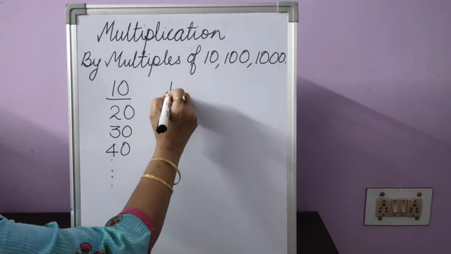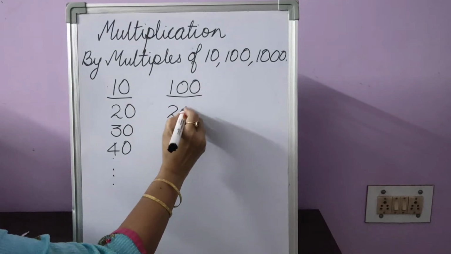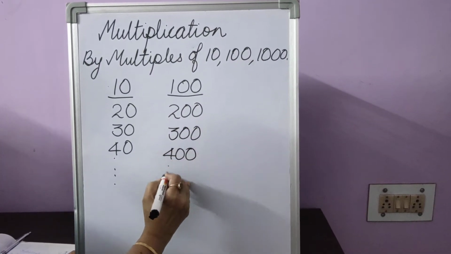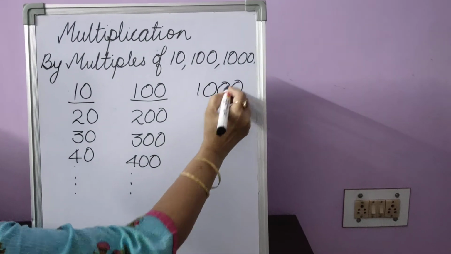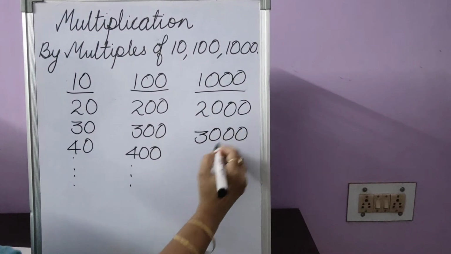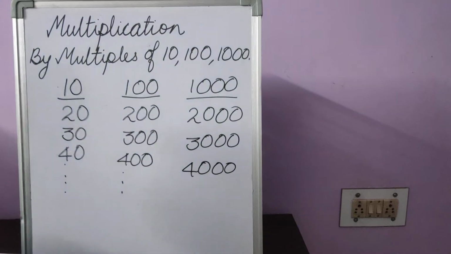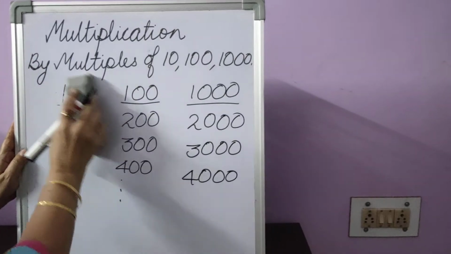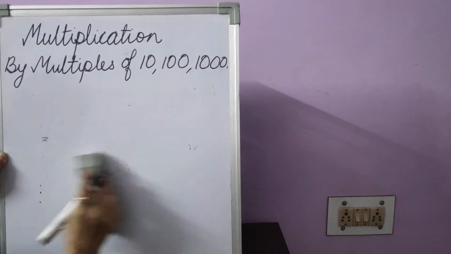Then when we talk about multiples of 100, again it means table of 100. So 100, 200, 300, 400 and so on. They'll keep on continuing. Multiples of 1000 in the same way, 2000, 3000, 4000 and on. And after this we also move on to multiples of 10,000, then after that lakh, more than that. So in the same way these are the multiples. Now today's work, we are just going to use these multiples to multiply.